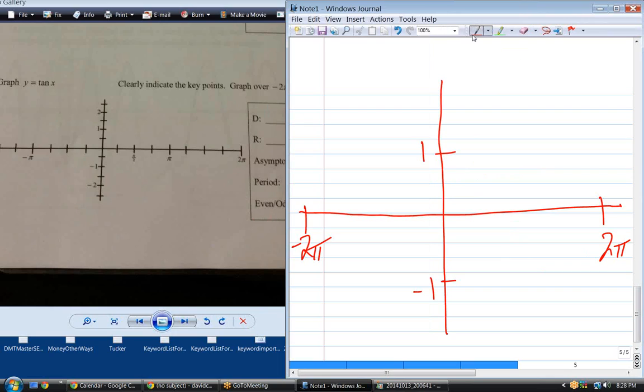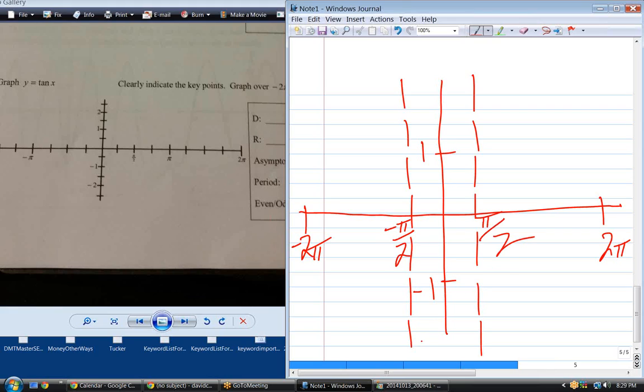Tan of x. Asymptotes. Remember what I said about tan and secant? Yeah, every pi over 2. Tan and secant both straddle the y-axis, which means I need these kind of asymptotes. It means I don't have an asymptote on the y-axis. And since it's got a period of pi, in order to straddle that, I got to go from minus pi over 2 to pi over 2,